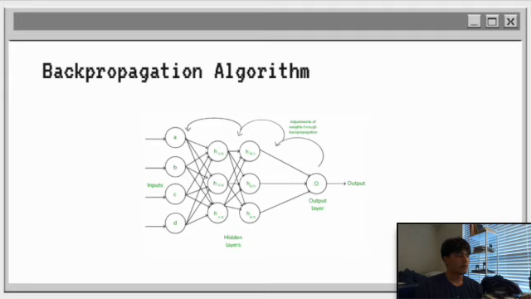Backpropagation deserves a video of its own, but in this video I'm going to provide a high-level description of it. The backpropagation algorithm is essential for training multi-layer perceptrons, and it involves a forward pass where the inputs are processed to generate an output, followed by a backward pass that computes the gradient of the loss function with respect to each weight. This allows the model to update weights iteratively using optimization techniques, minimizing the error and